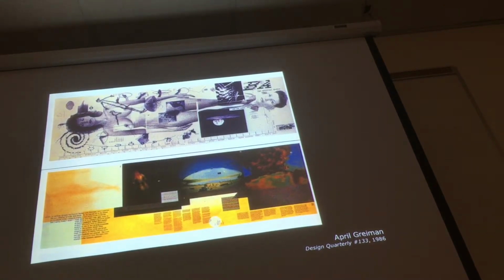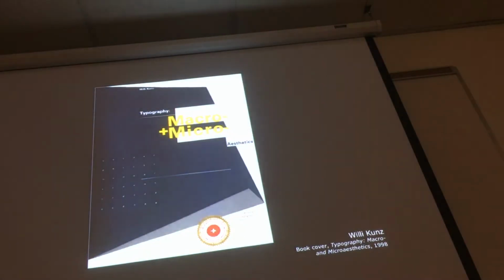She was not alone as being an American that came to the U.S. and was peddling this kind of new wave typography. Another guy named Willy Kuntz, he was actually not American, but he was Swiss-born, but he ended up coming to the United States. Willy Kuntz also studied at Basel, same time that April Greiman did. He ended up moving to New York City in the 1970s, and then he was applying the stuff that he learned in Wolfgang Weingart's class also. So he was considered very cutting edge as far as this new wave typography goes also.